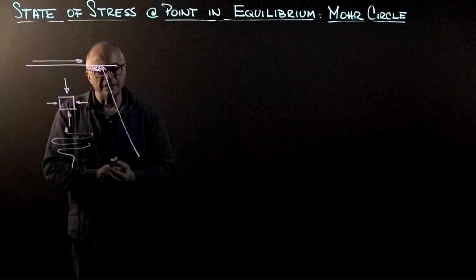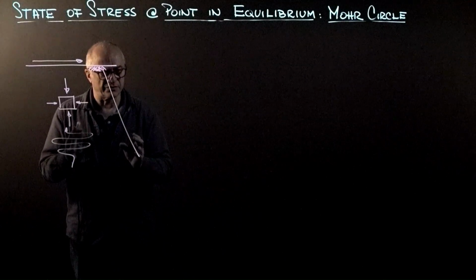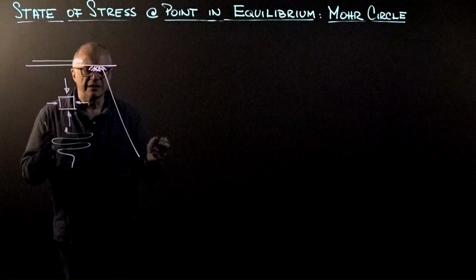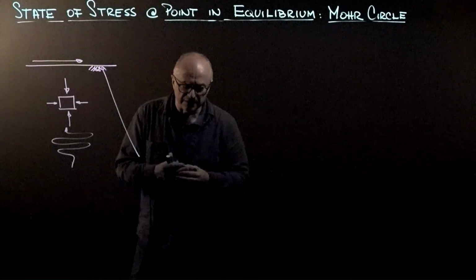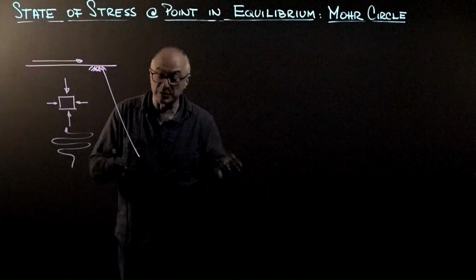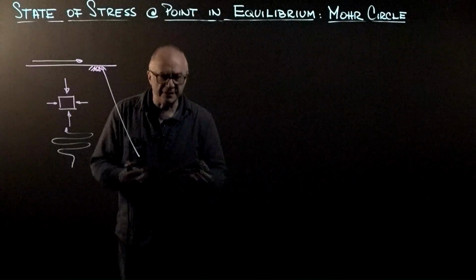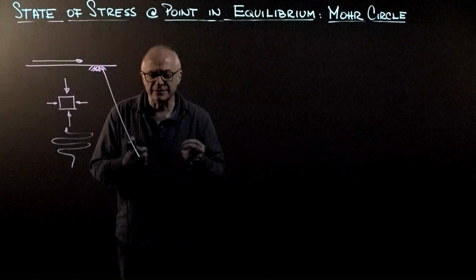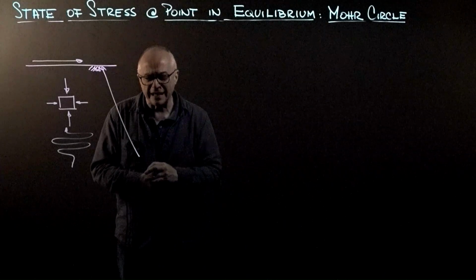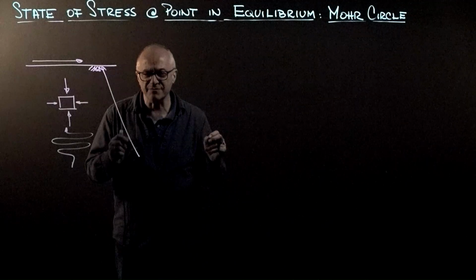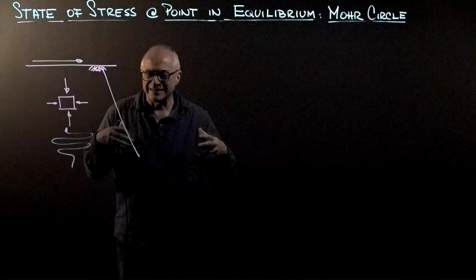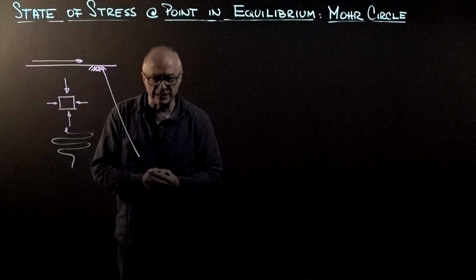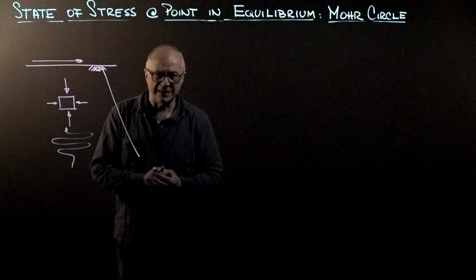The question is, how can we understand this state of stress in the context of continuum mechanics? Now you can do that with algebraic formulations, with matrix formulation, very effectively. But I would like to keep the concept of Mohr circle alive because it's such a simple, versatile, and so clarifying from the point of view of deriving all the equations that we will need for soil mechanics and engineering